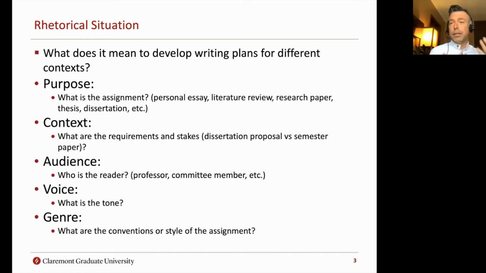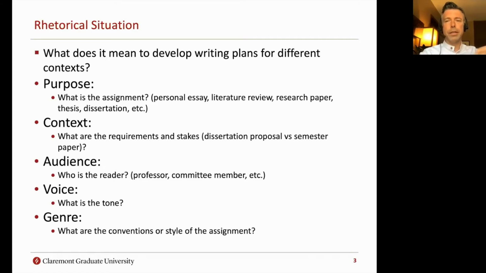and then you have the context, right? And that context is, what are the requirements and stakes, right? There are going to be higher and lower stakes contexts across graduate assignments. So if this is a personal reflection leading up to a personal essay, that's, let's say, like a midterm assignment, and the personal reflection is due the second week of class, that's going to be a lower stakes assignment compared to that midterm personal essay that is due halfway, that is supposed to build ideas towards a final research paper at the end of the semester, which is going to be the higher stakes assignment.